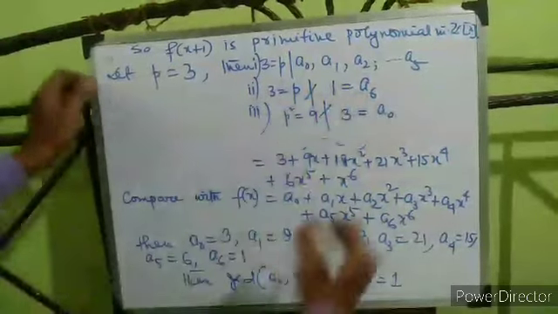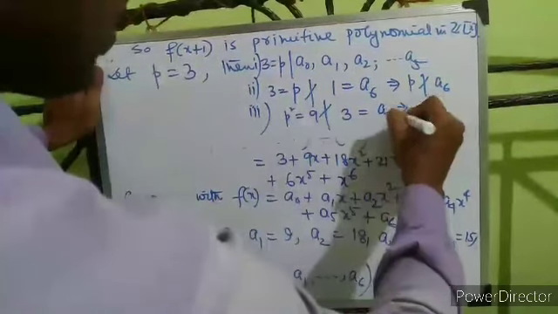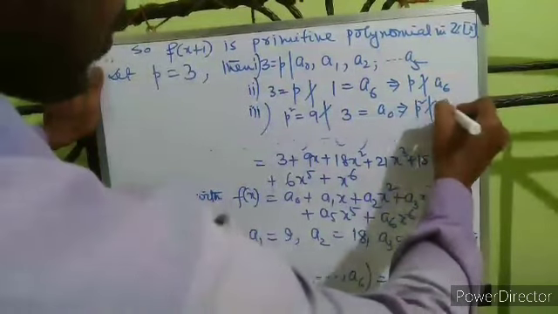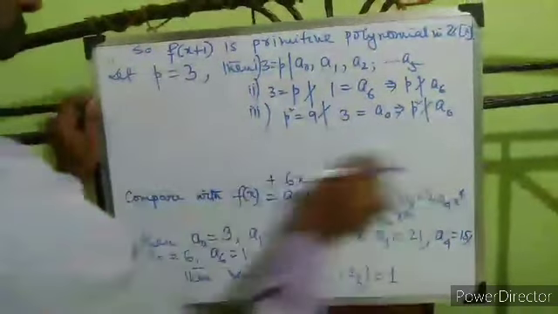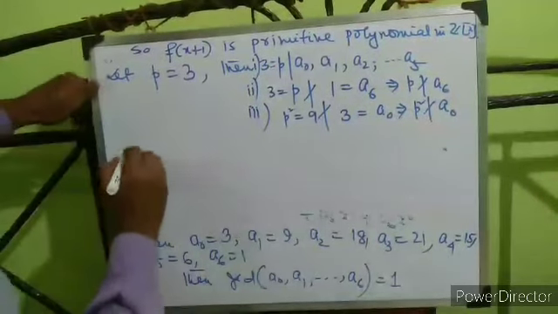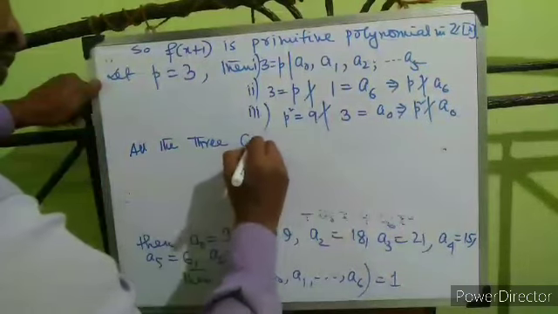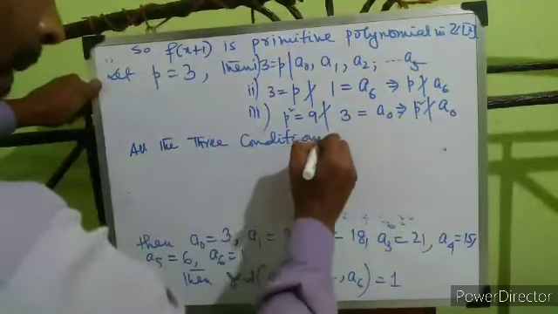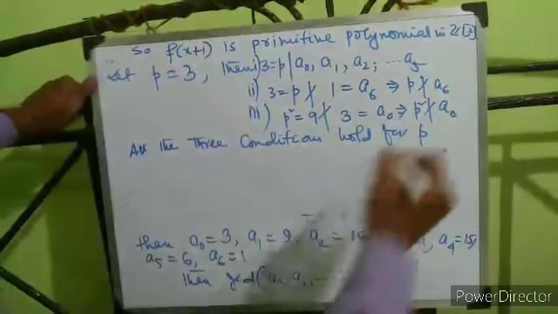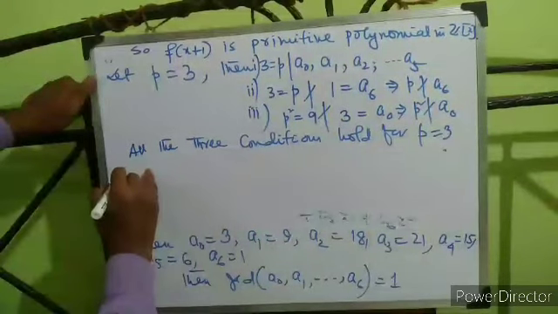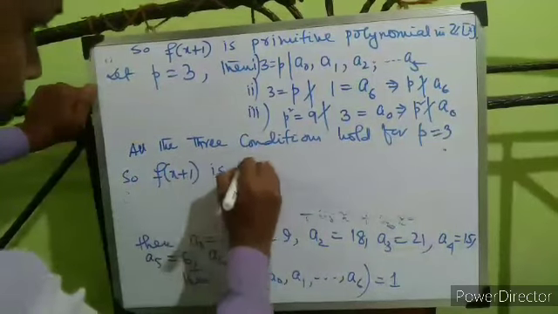So all the three conditions hold for p is equal to 3. So f of x plus 1 is irreducible